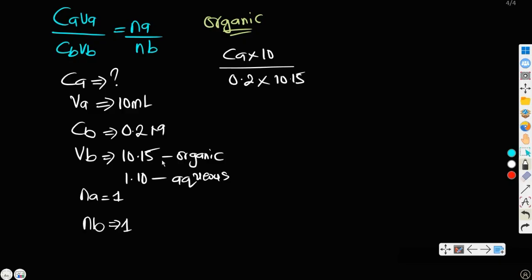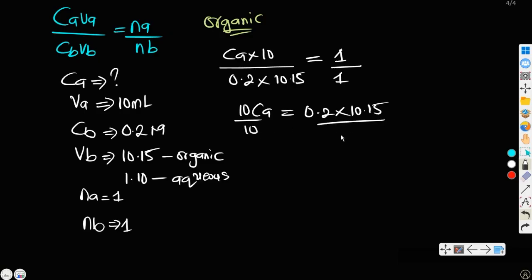Are you getting it? Because that is the titre value, the volume of sodium hydroxide that you used, equals NA, which is 1, divided by NB, which is 1. So this becomes 10 CA is 0.2 times 10.15. So divide both sides by 10, and this cancels this, and then your CA will be equal to